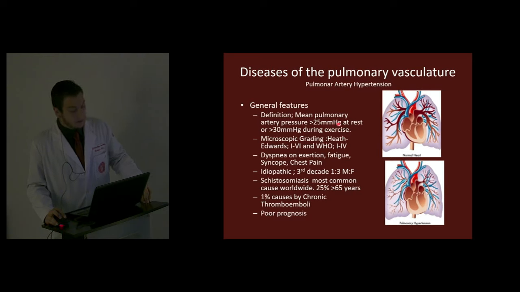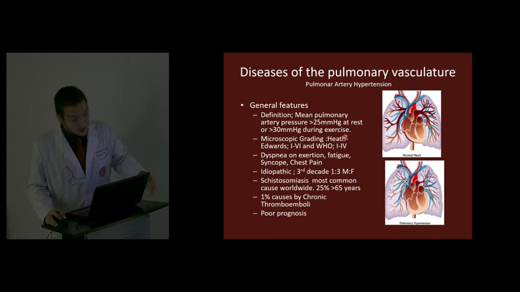It is important to understand the definition of pulmonary artery hypertension. The definition is made by a Swan-Ganz catheter placed in the pulmonary artery, measuring the mean pulmonary artery pressure. It is more than 25 millimeters of mercury at rest, and